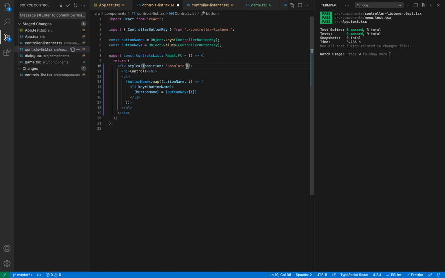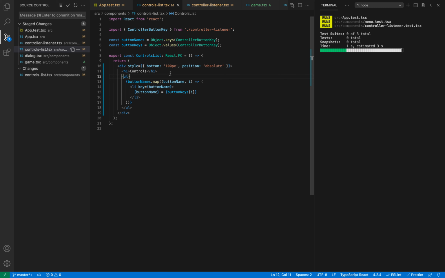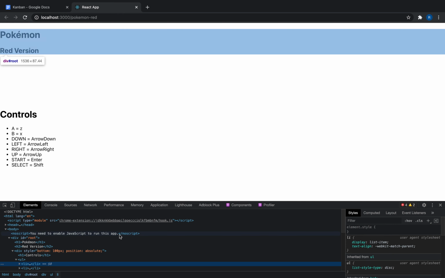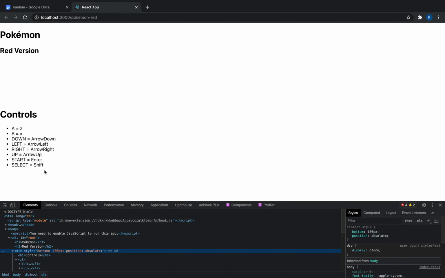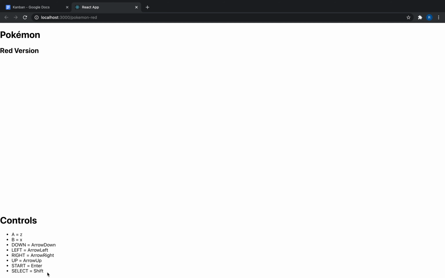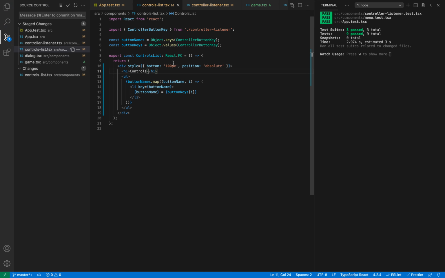And let's keep keys in alphabetical order because OCD. So let's open up the inspector here and get this right. Bottom is just how many pixels from the bottom. So why don't we make this bottom 0, and then it will always be at the bottom of the screen. Yeah, I like that. So let's say bottom 0, position absolute,